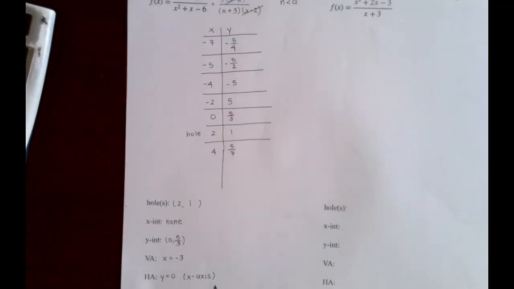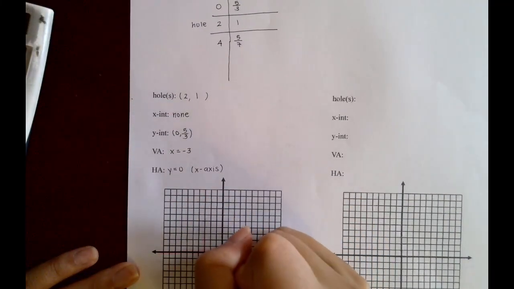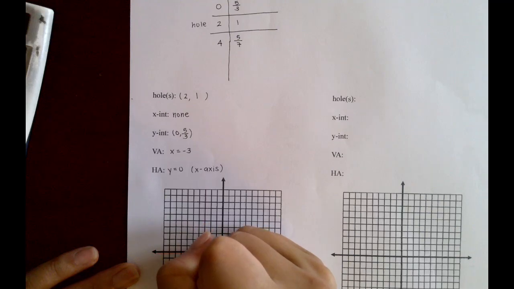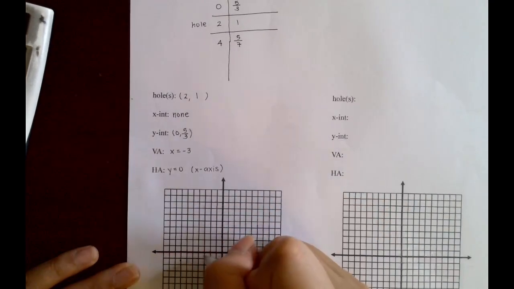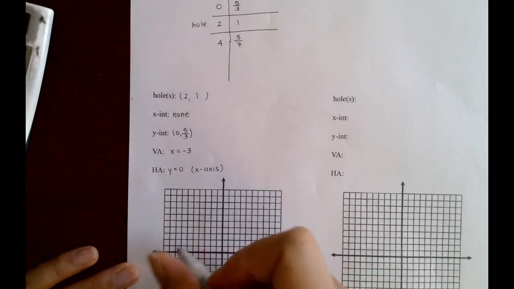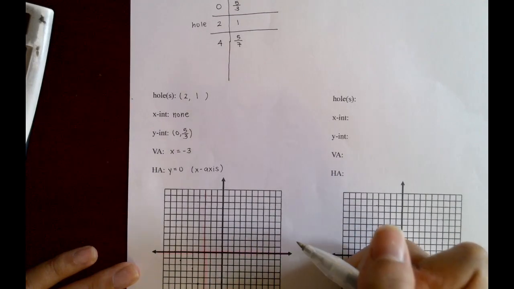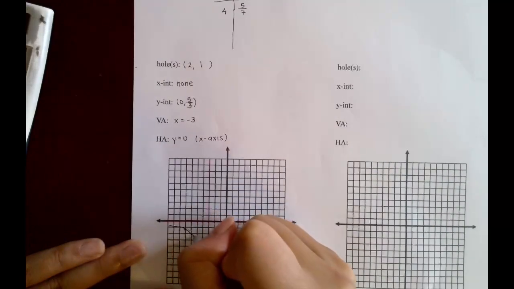So now let's graph these. So using my table, I'm going to graph it here. So -7, -5/4, 1, 2, 3, 4, 5, 6, 7. -5/4 is about here. Okay. Next is -5. -5/2, so that's -2.5, so that'll be about here. Then -4 is at -5, 1, 2, 3, 4, 5. That's about here. Okay, so this branch looks somewhat